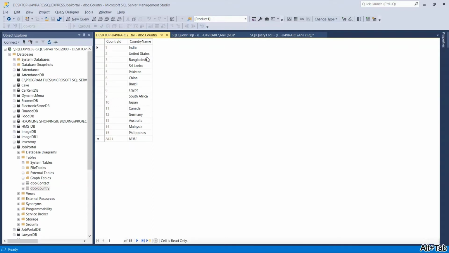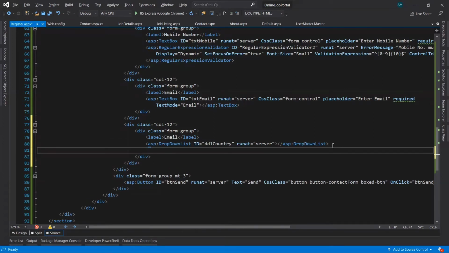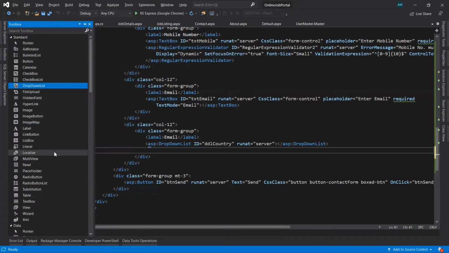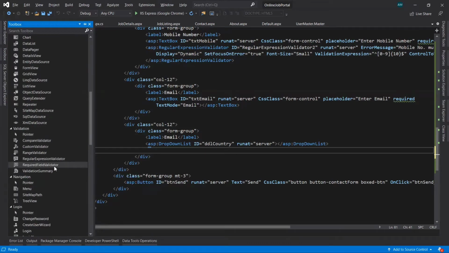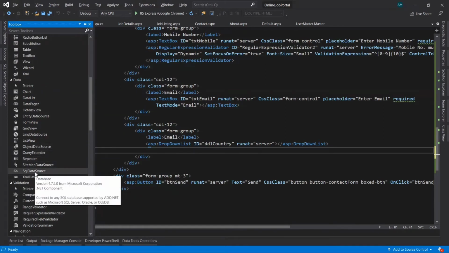Open our Visual Studio. For getting the data from the database, let's take one data source control, here SQL data source.